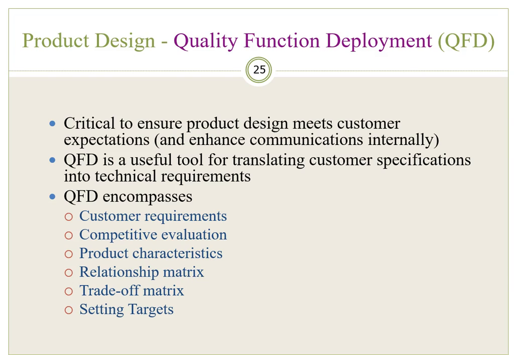Now, a critical aspect of building quality into a product is to ensure that the product design meets customer expectations. We've said that time and time again throughout this chapter, because the product needs to meet the customer's expectation. Now, this typically is not as easy as it seems, right? So in order to create a product that customers want, it is important to translate customers' everyday language into specific technical requirements. Now, this is where a quality function deployment tool comes in handy.